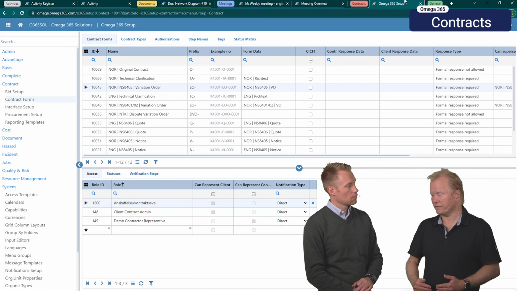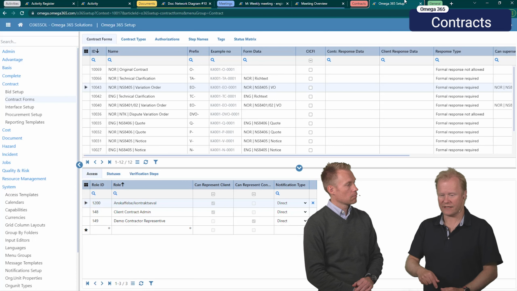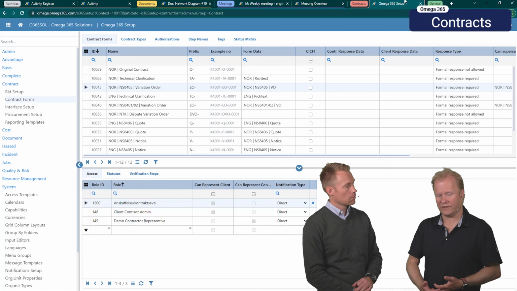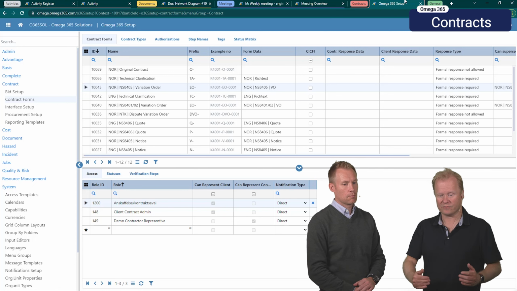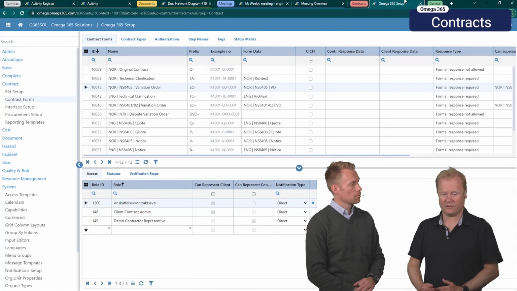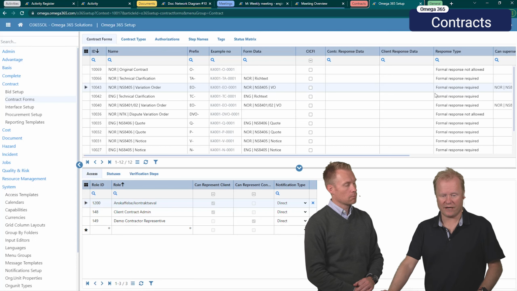It wasn't enough to be a contract administrator on the project level. You had to have the access directly on the contract. However, in some cases it could be more practical to say that the contract administrators in this project are allowed to issue variation orders for all contracts. If you want to have that,